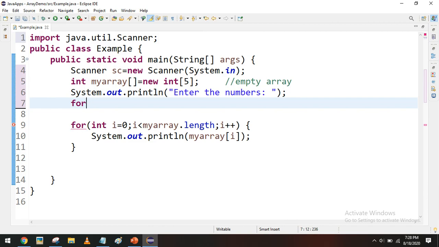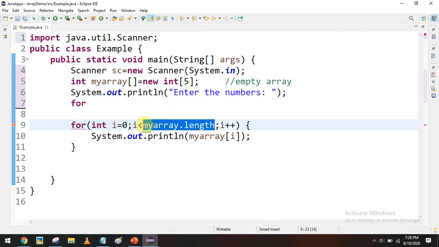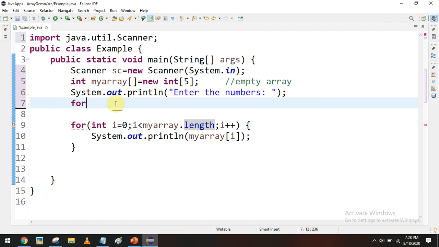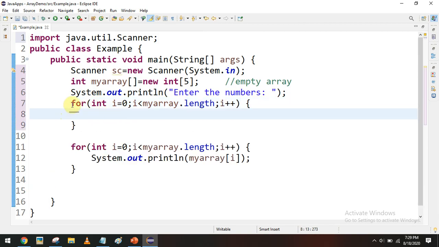The end of the array we can access using length. The same way we print, we can access every value. So for that, introduce one more for loop, i less than myArray.length, i plus plus.